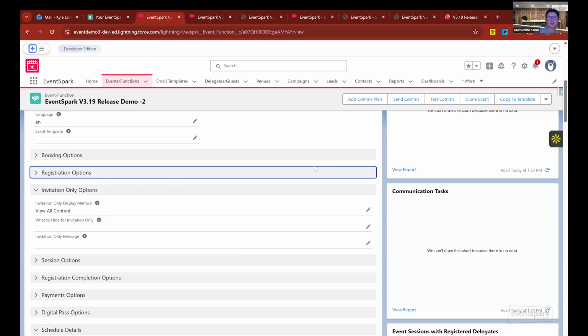We have also given you the ability to change, when you are registering for an event, the OTP message, that is now customizable. So a few customers asked us, how can they relabel that? Previously in our last release, that was not editable. We have now made that fully customizable in our latest release, which is great for anyone. So you can really describe what that user should be looking for when that OTP is sent and why they should be looking for it when that OTP is sent. Last but not least,